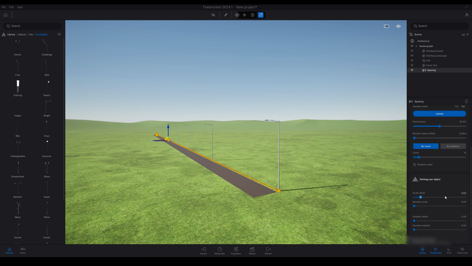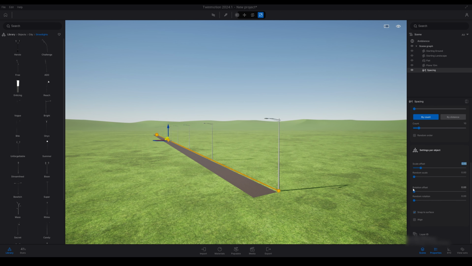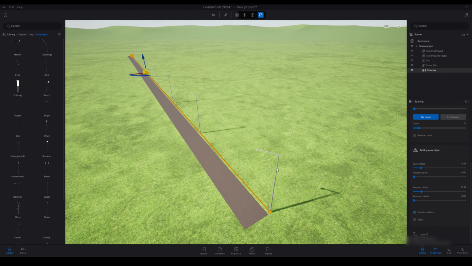Adjusting that slider will adjust the scale of the street lamps. Below that we have random scale. Adjusting that will add randomized scaling to that line. Below we have rotation offset, so adjusting that slider will adjust the rotation of the street lamps. Below we have random rotation, adjusting that will randomize the rotation of the street lamps.